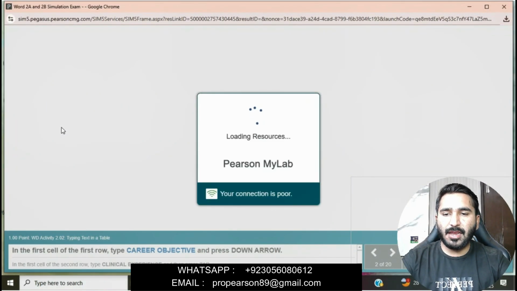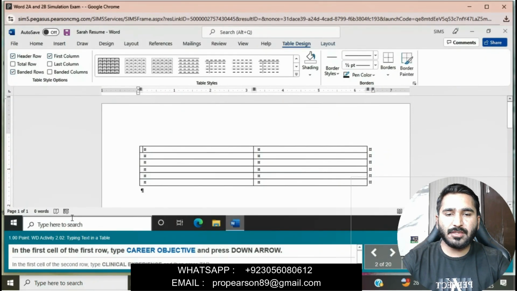Now, in the first cell of the first row, type Career Objective and press the down arrow.